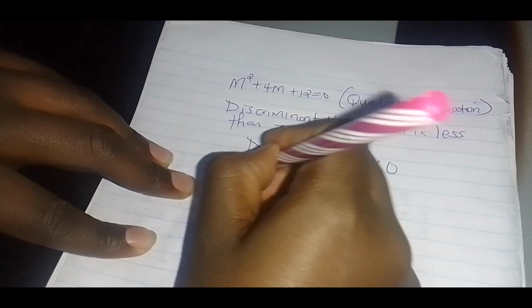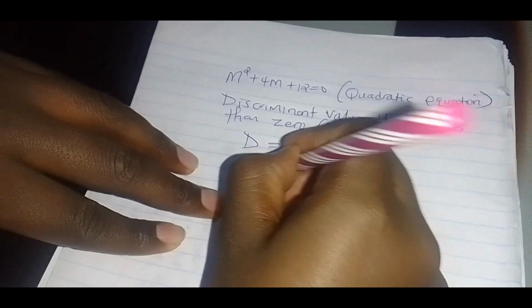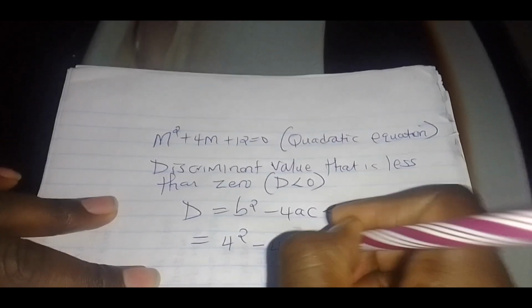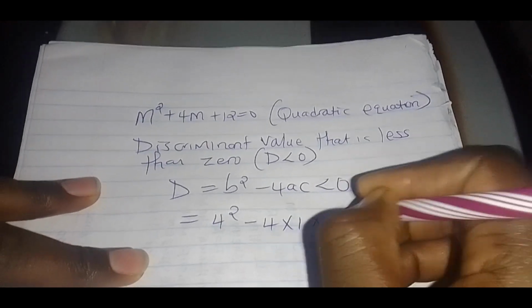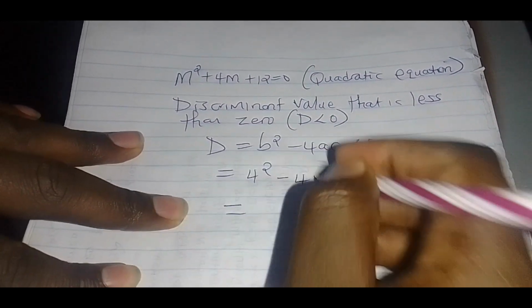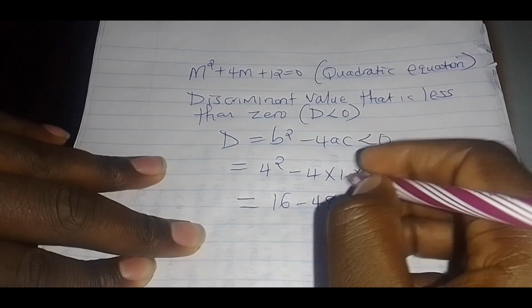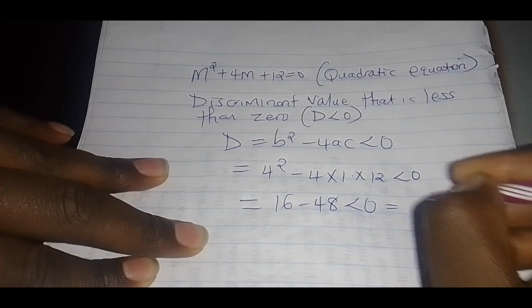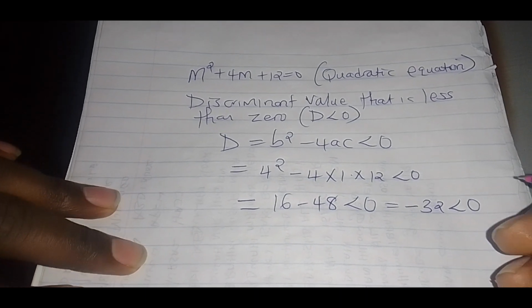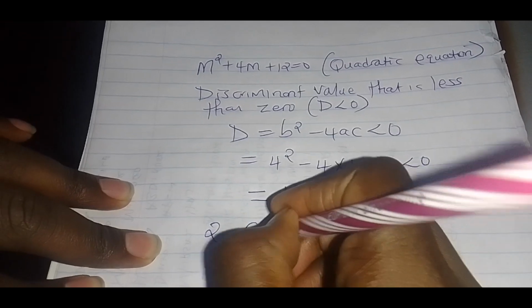If you check from our quadratic equation, this is 4 squared, that's our b squared, minus 4 times 1 times 12. This is equal to 16 minus 48, which is less than 0. So this means that we have two complex